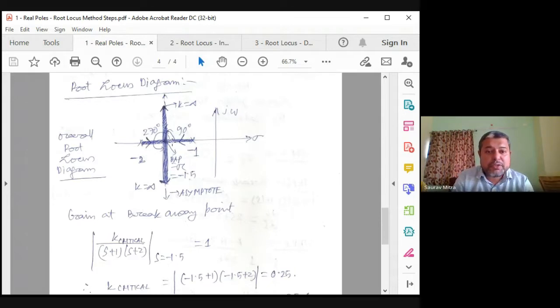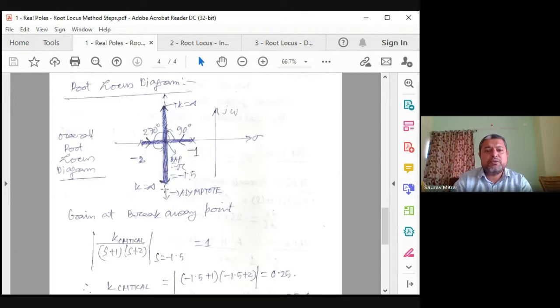This is coming from -1 to -1.5 and going up, so darken this line. You have to keep a dark, soft pencil for that, 2B or 3B or 4B. So from -2 this will come to -1.5 and go to the negative side of the axis, because there are two zeros which are kept at infinity in this case, which we have to understand hypothetically. So everything is found out.